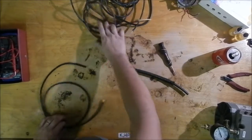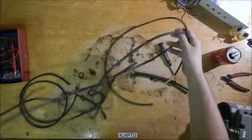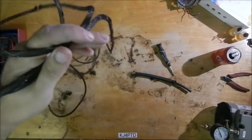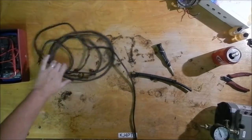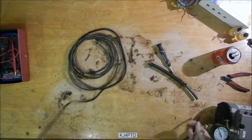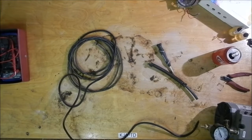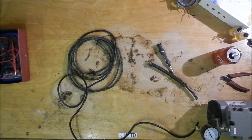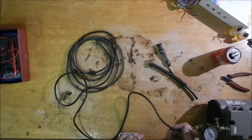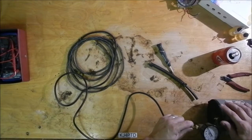But to demonstrate, for the most dramatic demonstration, we will use this nice big one right here. So this should just constrict up like a snake. Alright, I'm going to plug this in. Again, this is going to be loud. So, headphones, warning, this is going to be loud. Maybe not that loud, but... Alright, so watch this. Yeah, that's the air pressure coming out. So watch this as I...